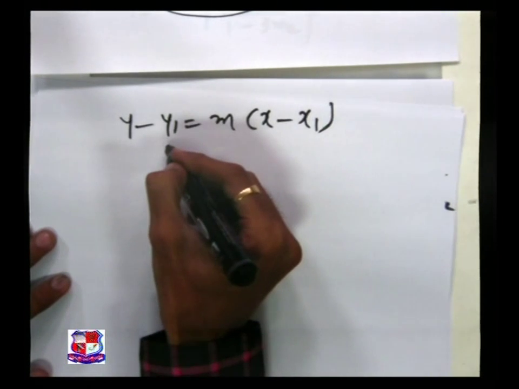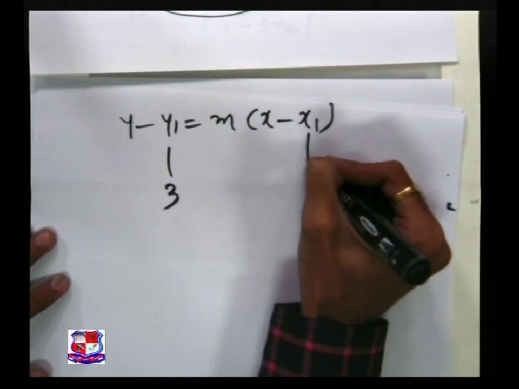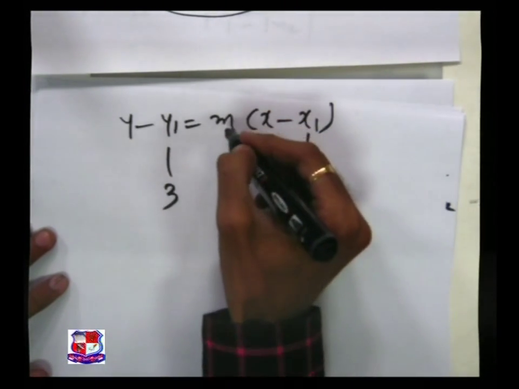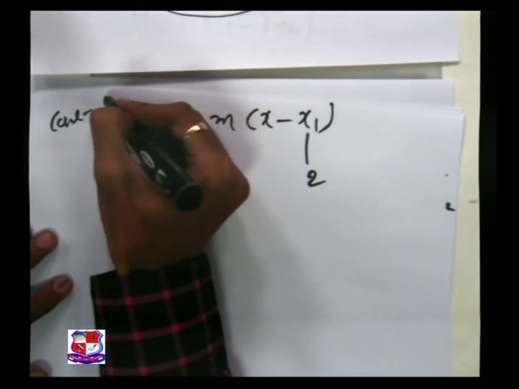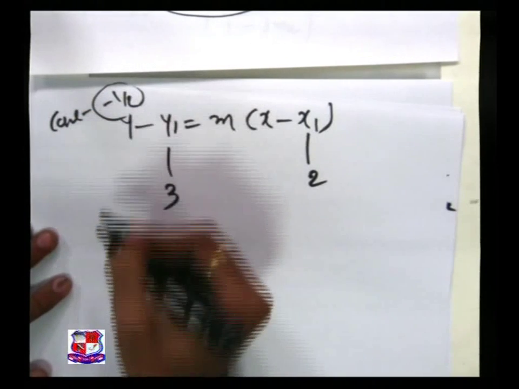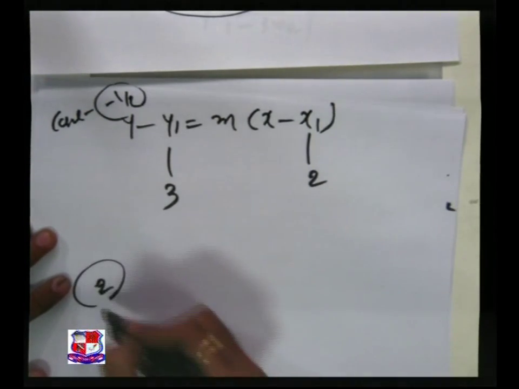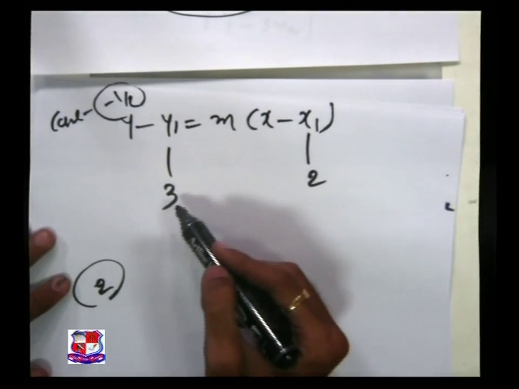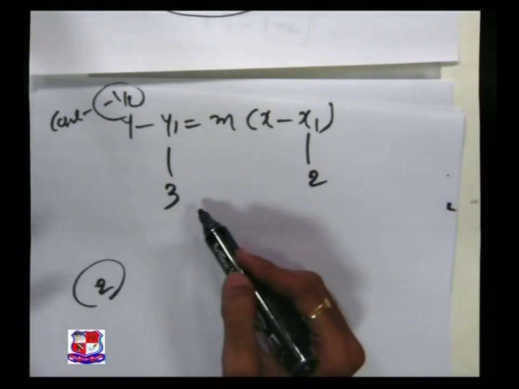Here y1 is equal to 3 and x1 is equal to 2, as given in the question, and we have two possibilities. So we will take two cases. Case 1 for the slope minus 1 by 2, and second case for the slope 2. Using this equation and x1, y1 equal to (2, 3),